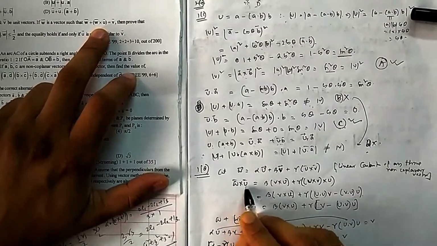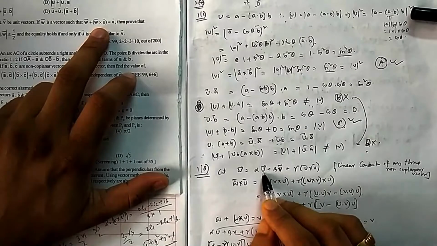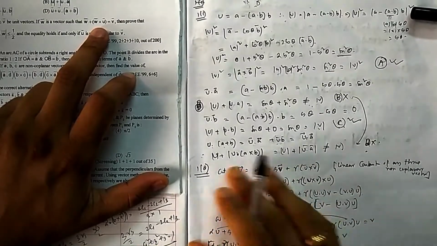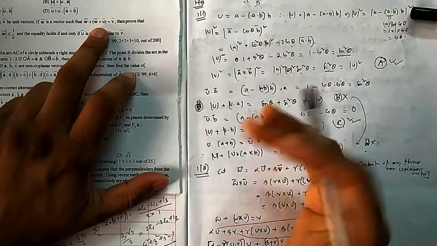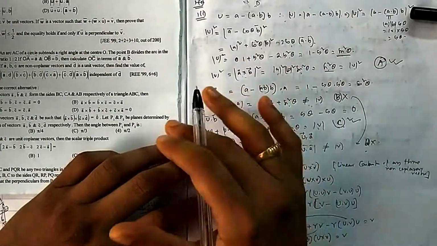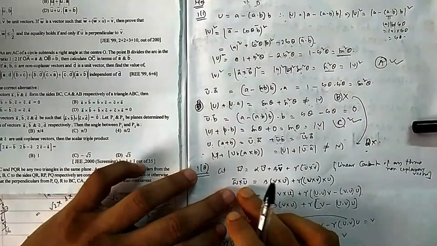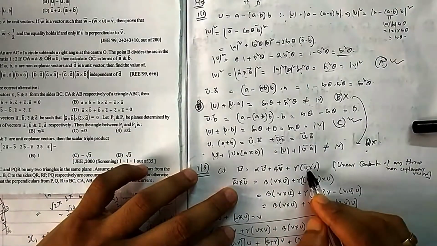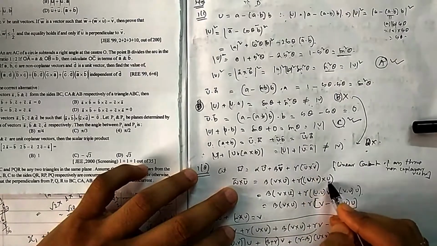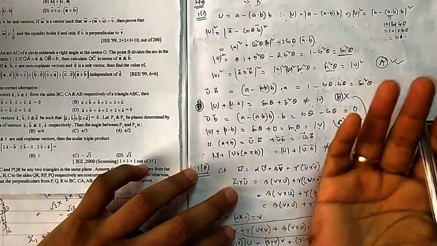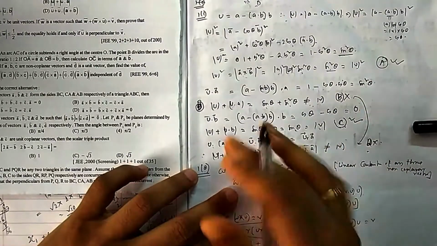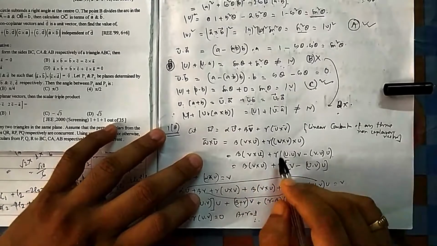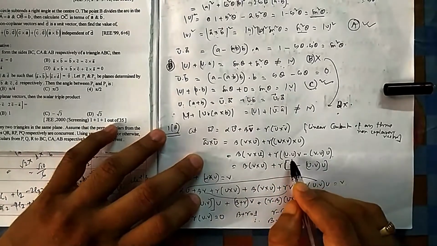So what is w cross u? If you cross it with this one, u cross u will be 0, and this will be beta. With w cross, you have to be careful, it should be pre or post, like matrix multiplication. If you are writing w just below this one, then everywhere it should be below. So it will be u, v, then cross u. You see this one, u should come after, because you are doing post multiplication. So it is v cross u, and here you can apply VTP.